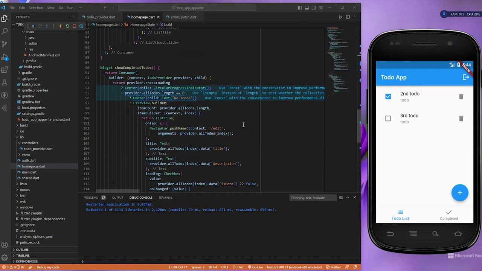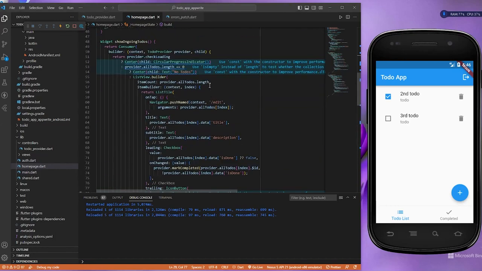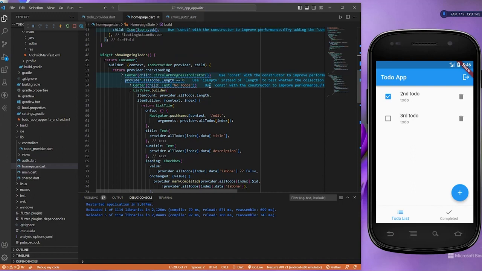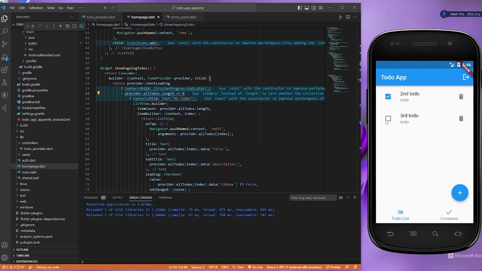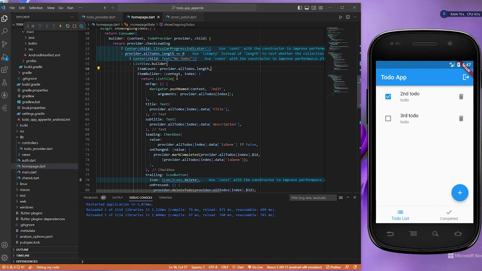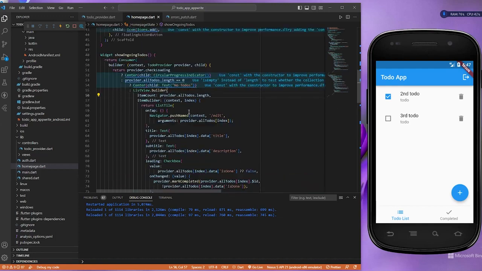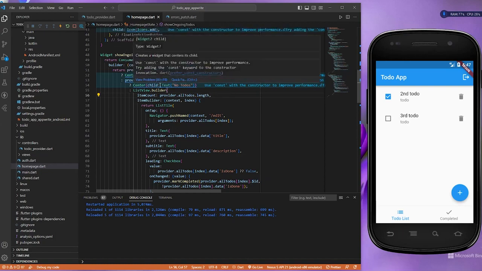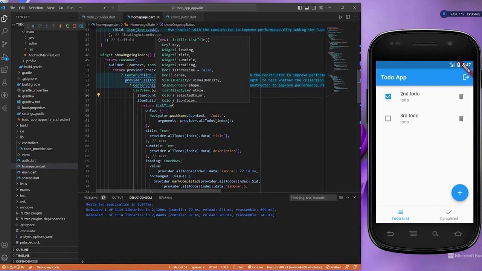So let's try to create some function by which we can achieve this. Let us update some of our logic inside the home page. What we can do is that on ongoing tasks, if the checkbox is false, meaning is done is false, then it is going to stay in the to-do list, and if it's true, then it's going to stay in completed. Let us now change it to